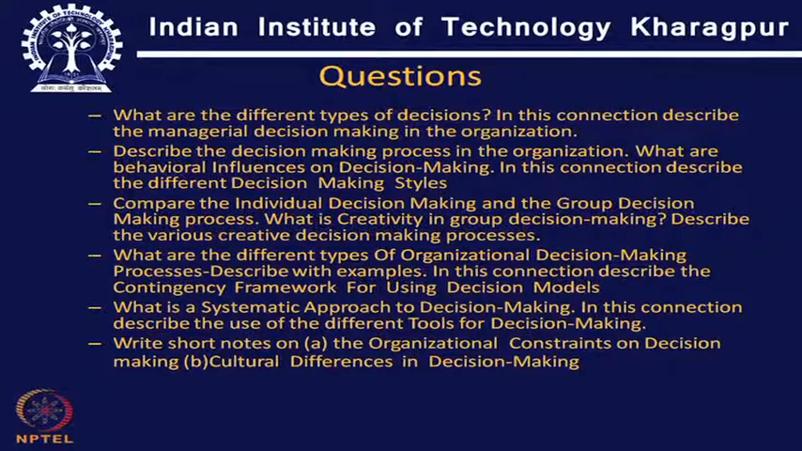So what is a systematic approach for decision making? In this connection, describe the use of different tools for systematic decision making, and you have to discuss the constraints on decision making and the cultural differences in decision making. So, by answering these questions, discussing based on the discussion done here, and practicing a creative way of decision making and following the systematic processes of decision making according to the defined